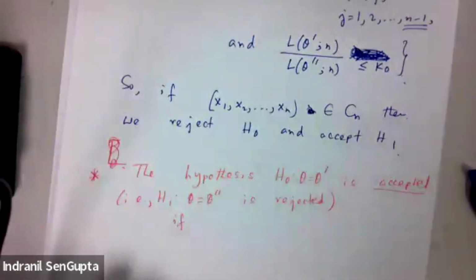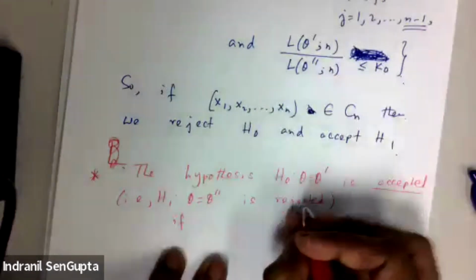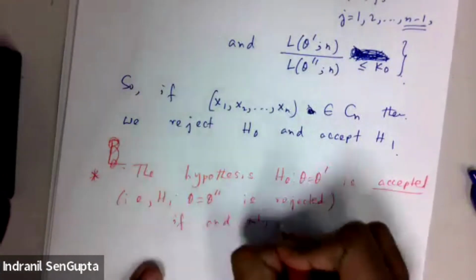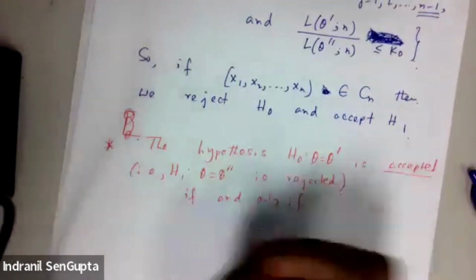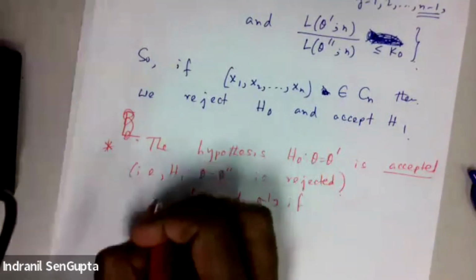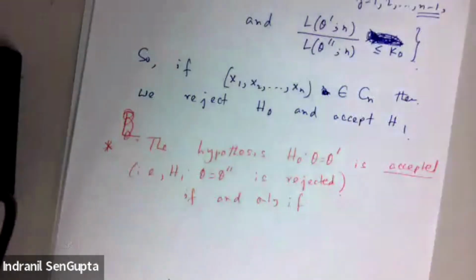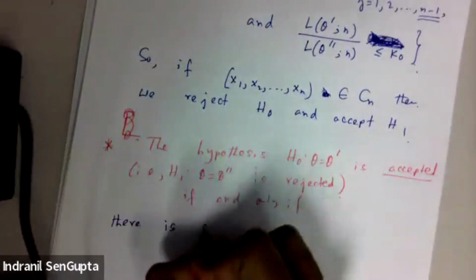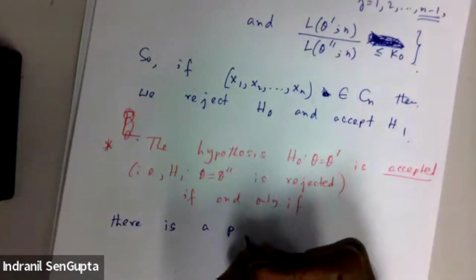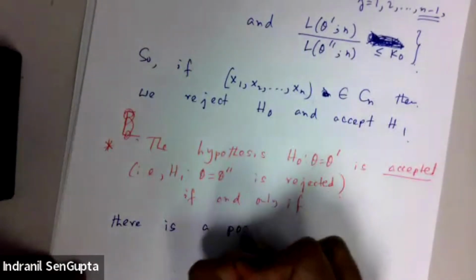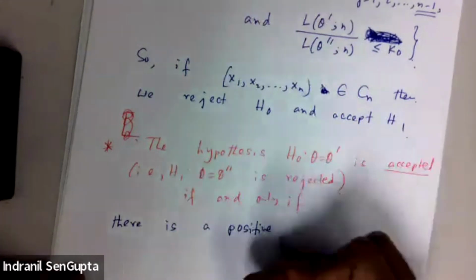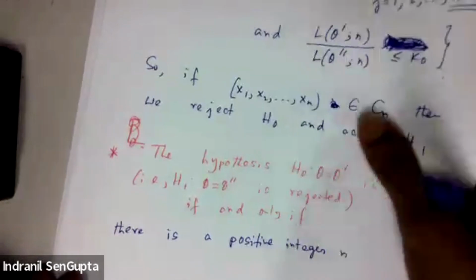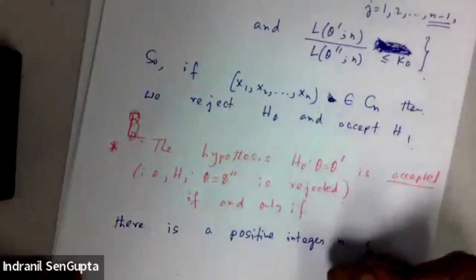So the previous one was for rejection, and this is for acceptance of H0. If and only if there is a positive integer n so that